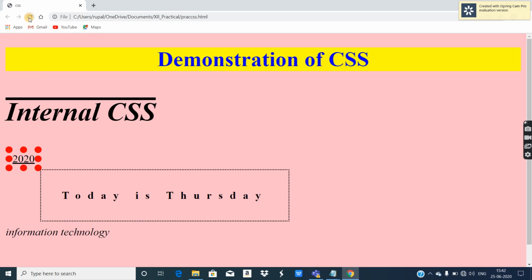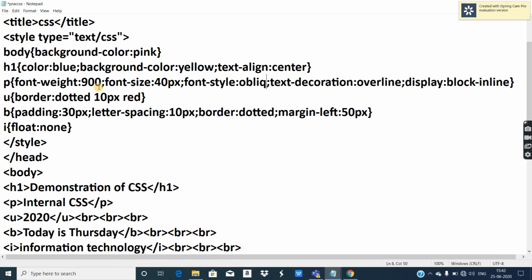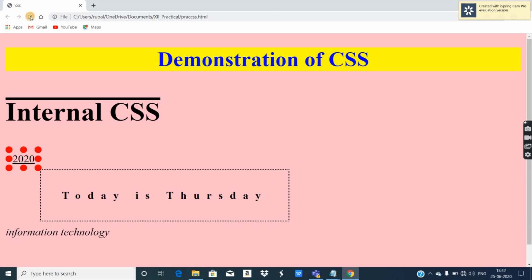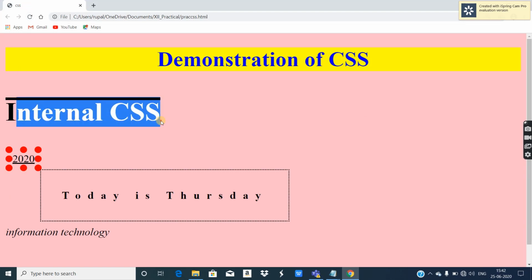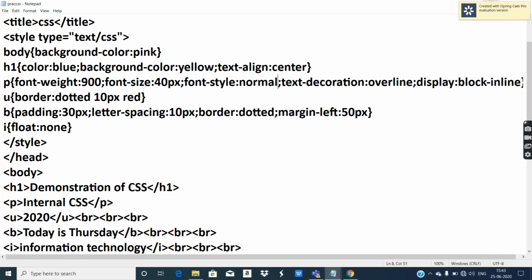So now this is oblique, a similar effect just like italic. And then there is a value called normal. Control S, and I'm refreshing it. See, this is normal. So three values are available in font style: oblique, italic, and normal.